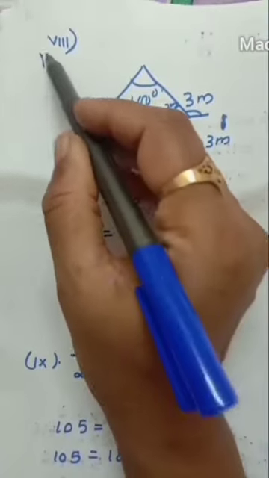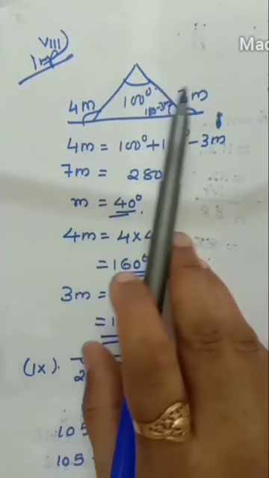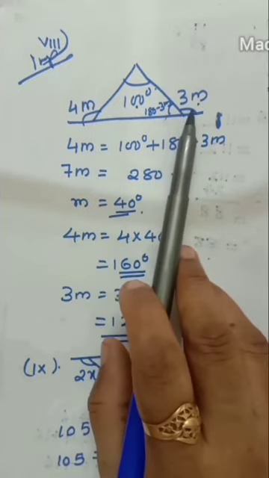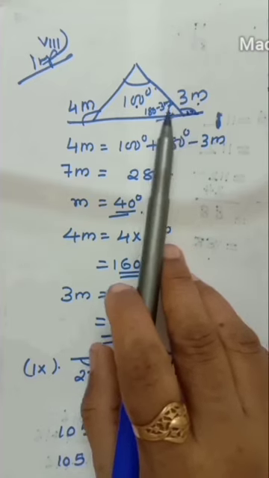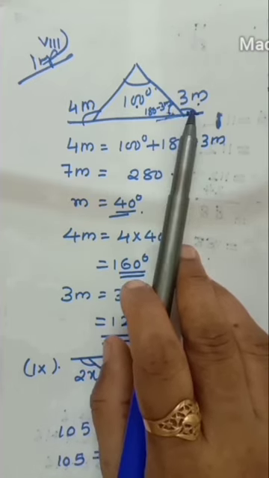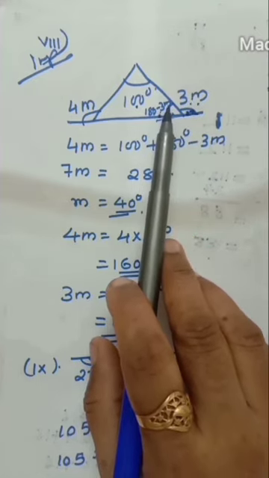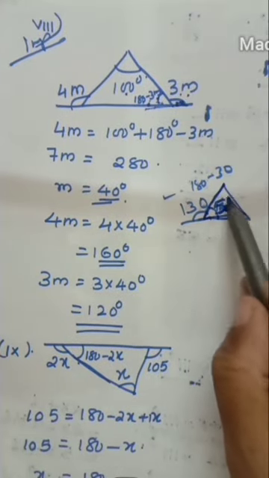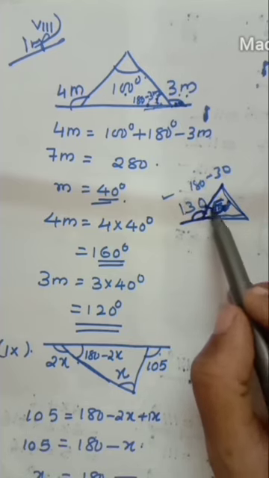Eighth problem. This important and little bit confusion type. Here 4m, here 3m, here 100. Introduction part I told you, when you will add a straight line 2 angle, that is called a linear pair. When you will add, you will get a 180 degree. One is 3m, then other should be what? 180 minus 3m. One example I will tell. One triangle. Here 130 degree. What about the inner angle?